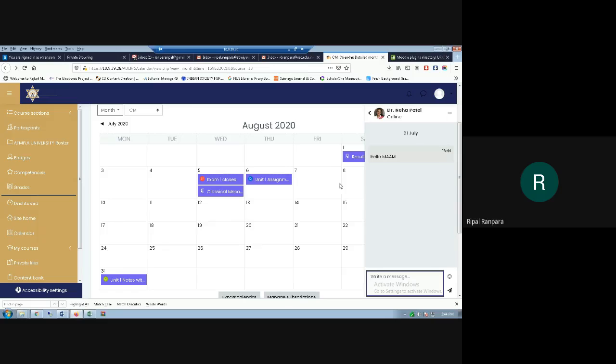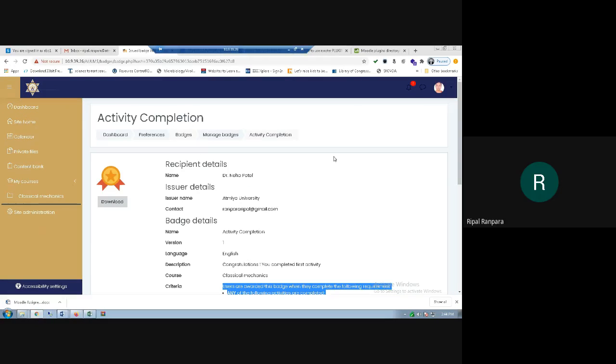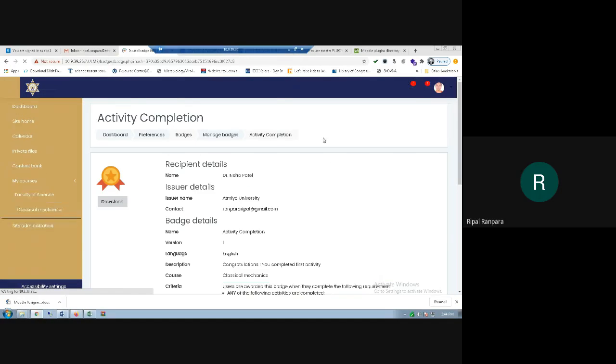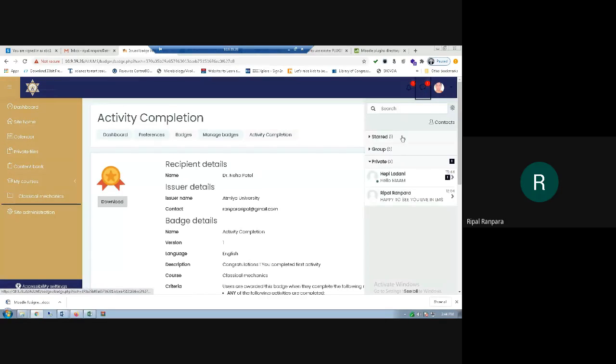Once I send the message, it gets automatically reflected here. As you can see, the message is here. This is the best way to share information, or feedback for a particular assignment, with particular students.